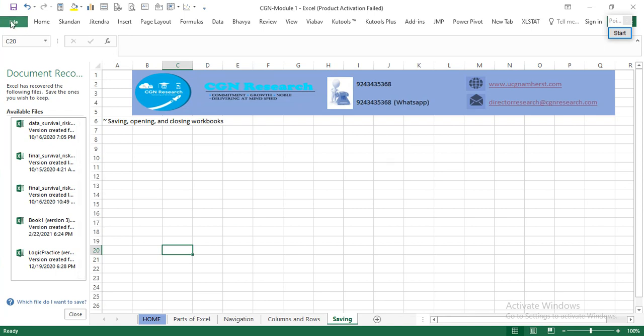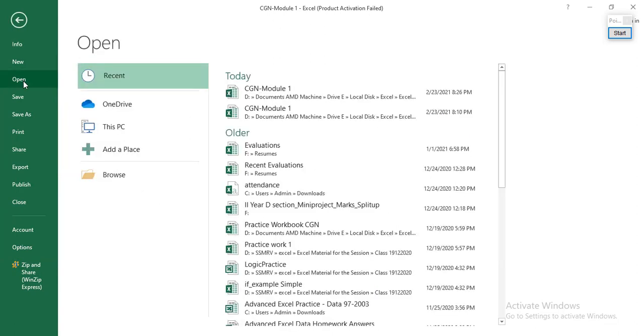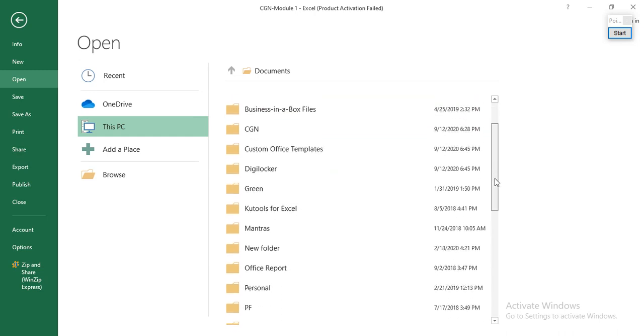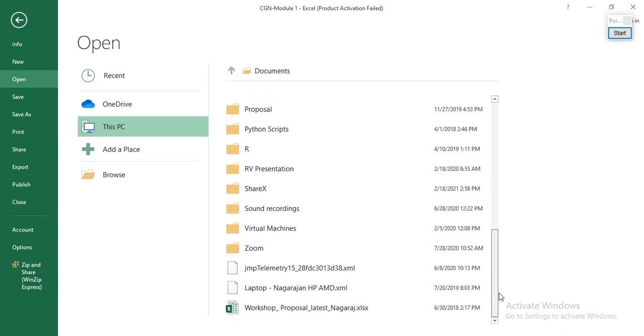To open a file, I can go here, click on Open, choose This PC, go to the right folder, and then open the file. This is for open. I can also directly save the document in the present directory, wherever it is, and it will just save.